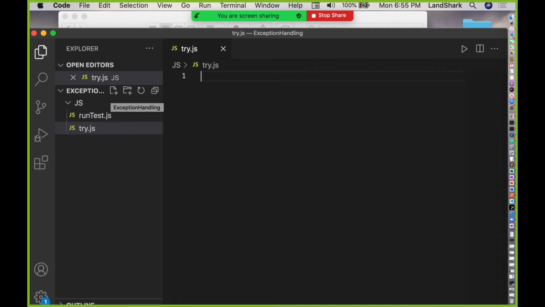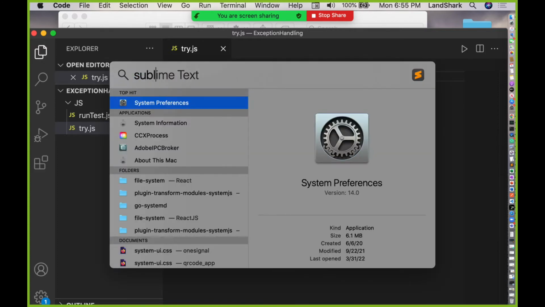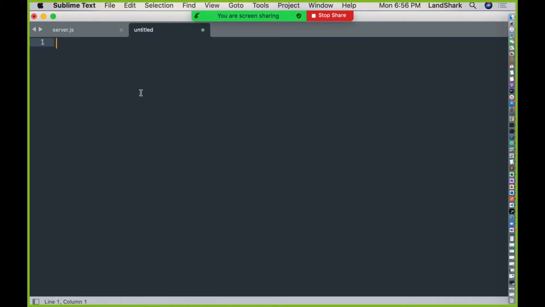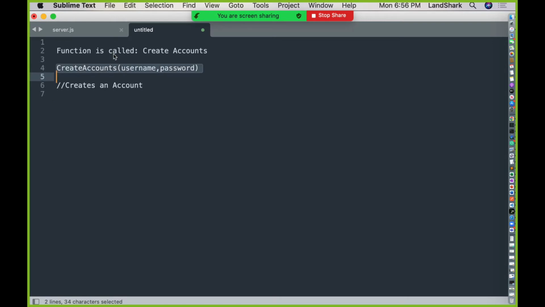And it's important because I'm going to put this on the screen as well real quick. So let me put this in Sublime. All right. So let's say, like I said, we have a function. The function is called create accounts. And so we have this function called create accounts, and we're expecting someone to pass us a username and a password. Okay. And so in order to make this work, let's say the first thing that we did is a person creates an account,